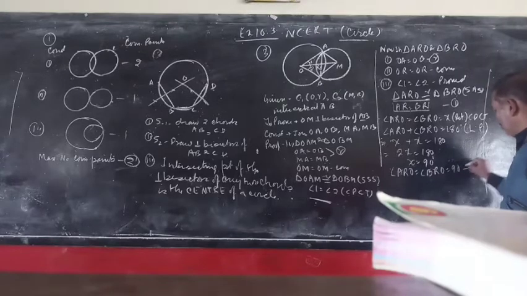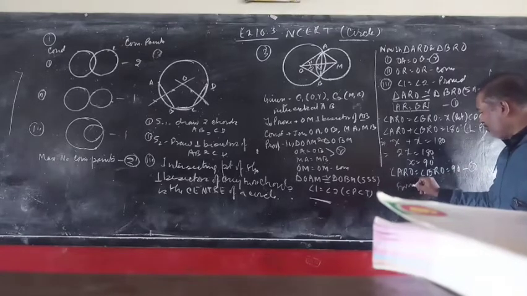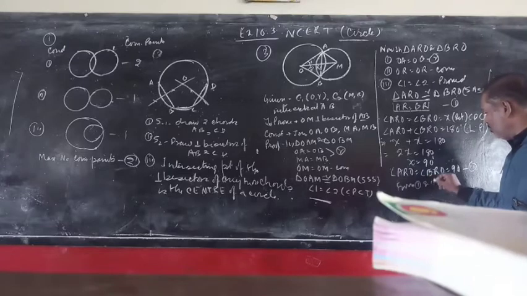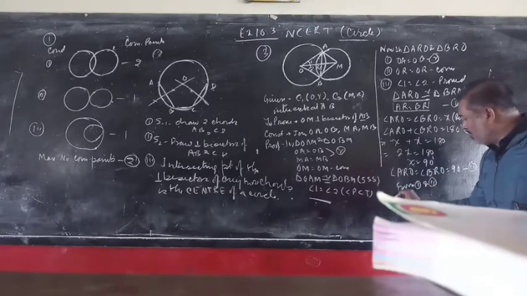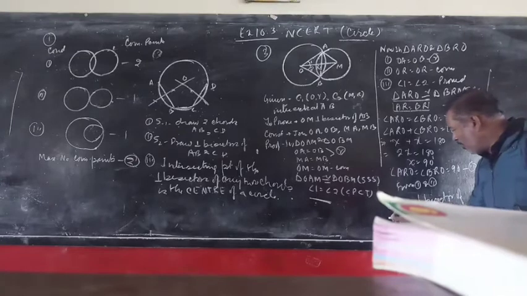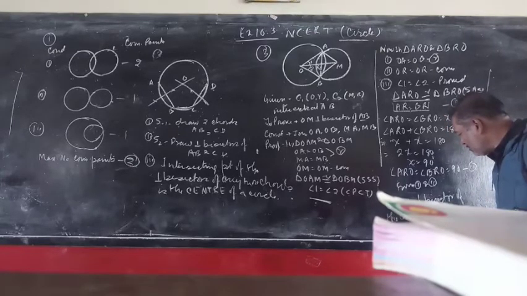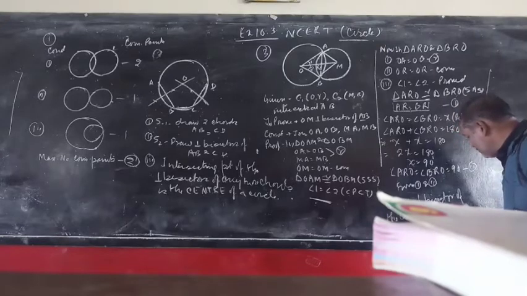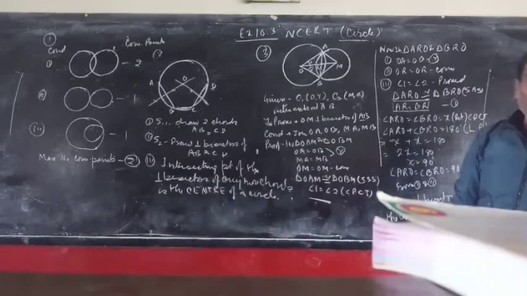Question number 2. From 1 and 2, OM is the perpendicular bisector of the common chord AB. Please remember this, because I will use this result